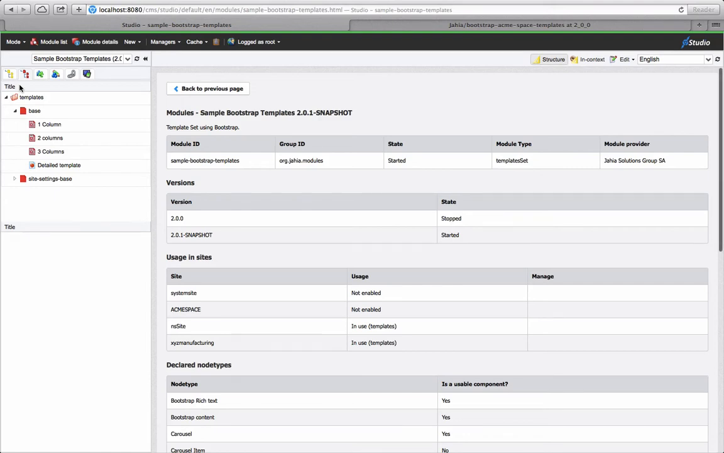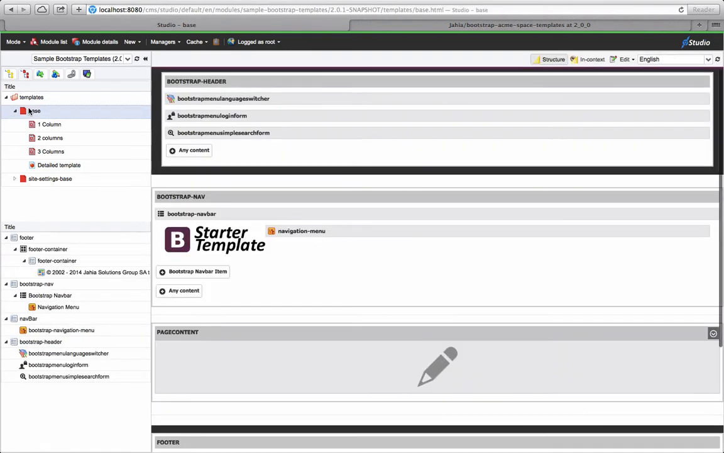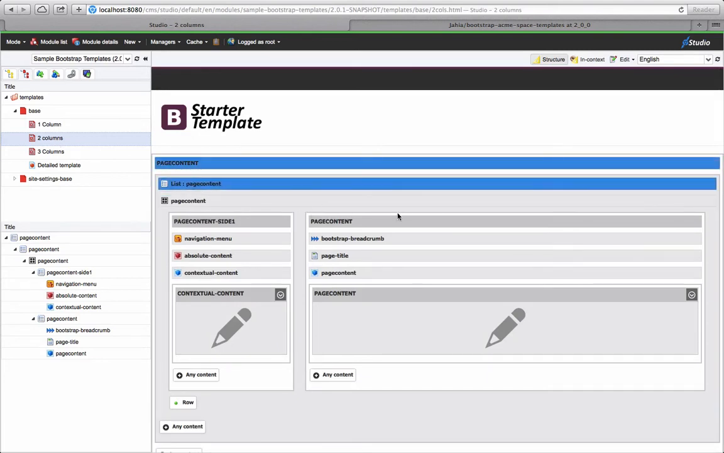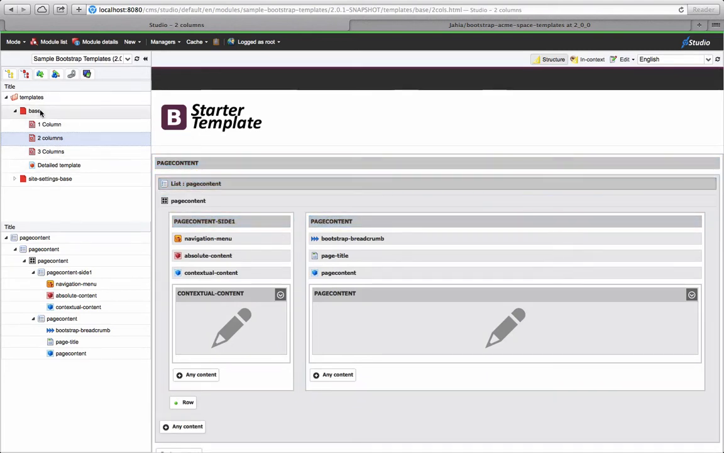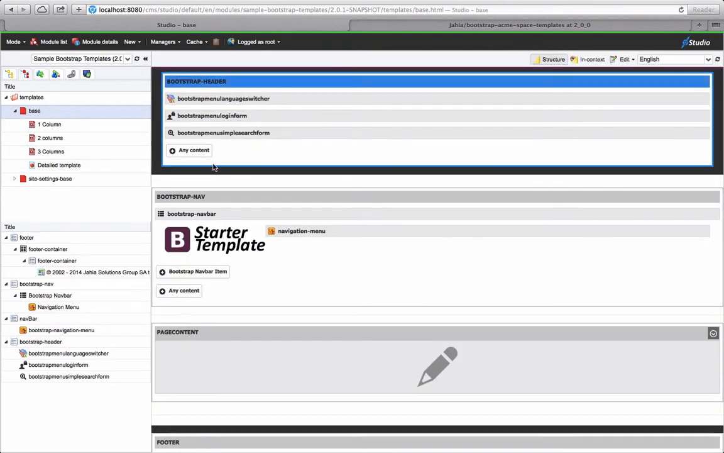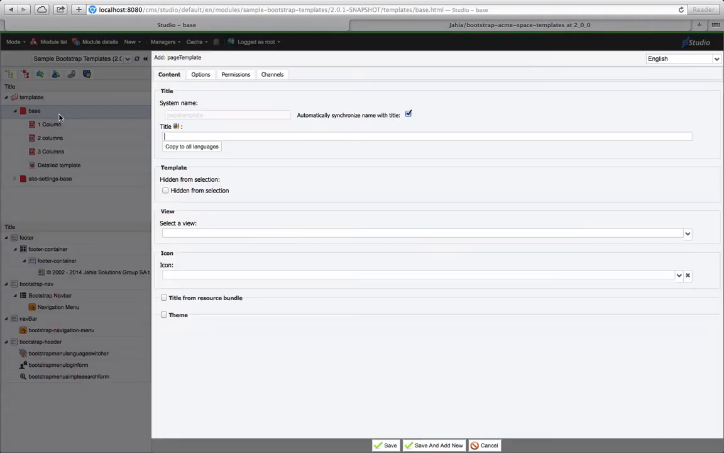And here in my list, I have all the modules available for me. And here's my sample Bootstrap templates template set. Here we have 1, 2, and 3 column page templates. So here's just a 1 column, 2 columns, and 3. And they're all inheriting from a base template, which includes a header and a footer. So if I right click on this base template to add a new page template, I could